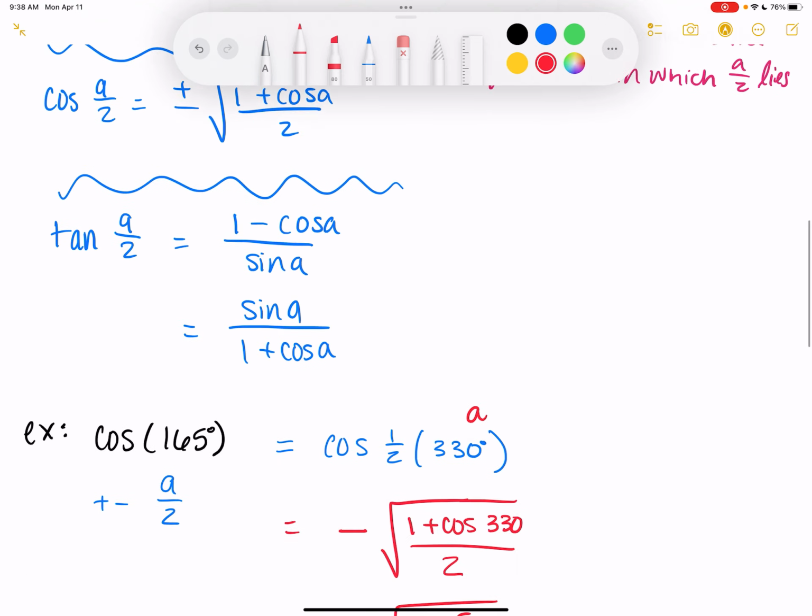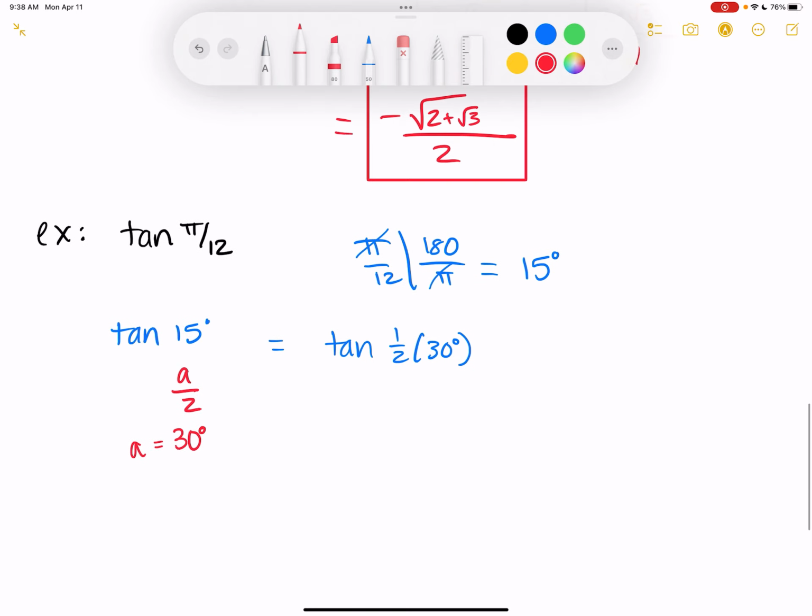So just, if you like the second one, you can absolutely use the second one. Be my guest. But anyway, that formula, I have the 1 minus cosine of A, which is 30, over the sine of A, so sine of 30. So then tangent ones are actually the easy ones for these, for the most part, other than moving stuff around, but they don't have a radical and a radical and all that fun stuff. So I've got 1 minus, what's the cosine of 30? Square root of 3 over 2, all over sine of 30,